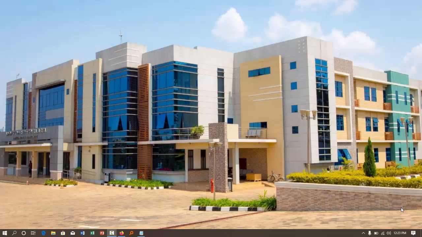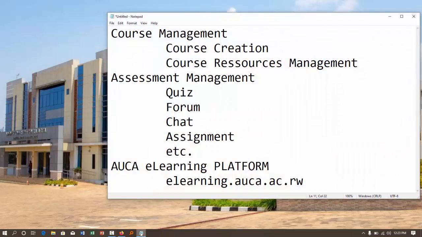Today we are going to work on course management and also assessment management, and we'll be using the AUCA e-learning platform, which is found on elearning.auca.ac.rw. In course management, we'll be working on how we can create a course and also how we can manage